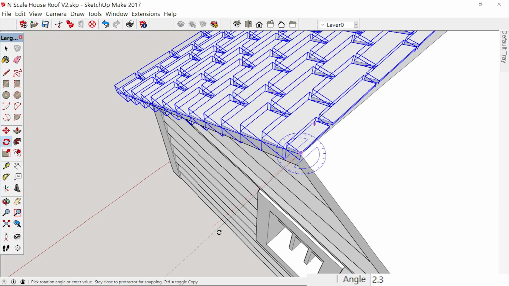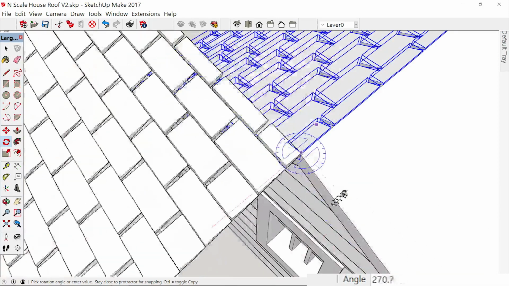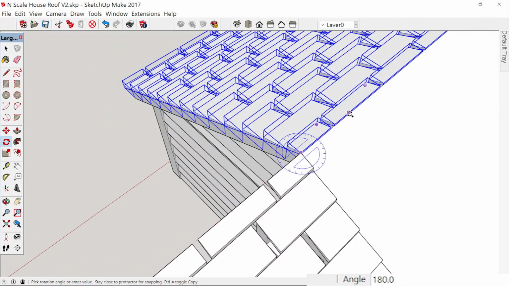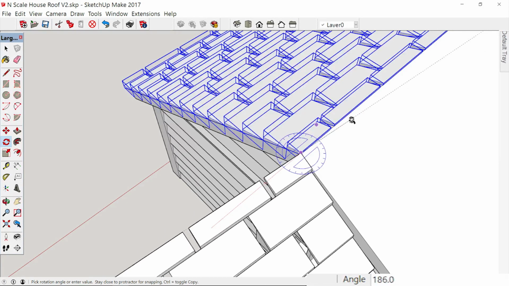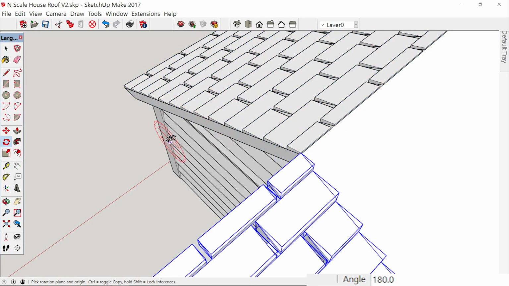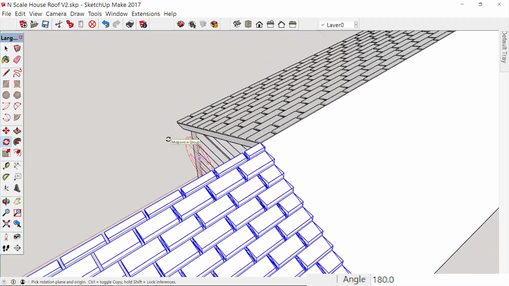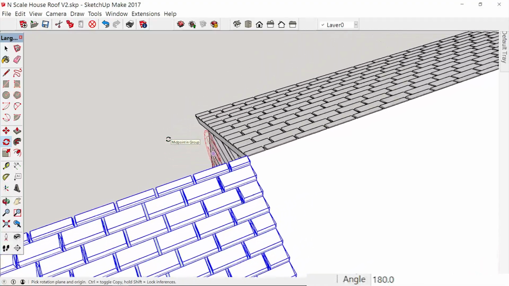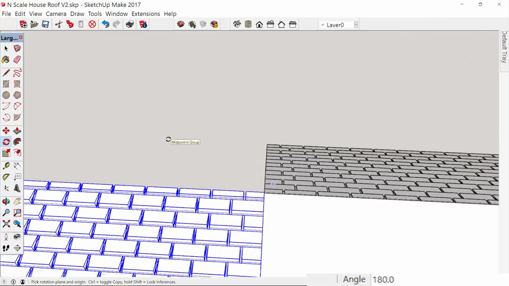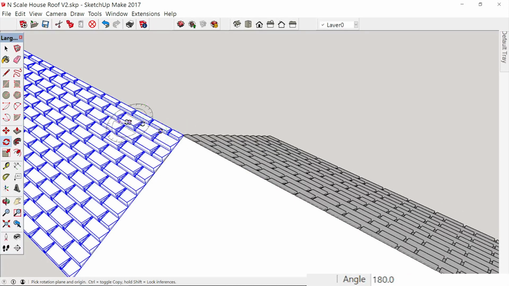Oh, and we want to rotate a copy, so hit your Control key. You want that to go 90 degrees. I mean 180 degrees. See how it sort of snaps in place when you get to 180? All right, left click again. Now we have that copy, but it's out here. Okay, what do we want to do? We want to move it, but this time we're not moving a copy. We're just moving the real deal. So let's get off of our rotate, hit our move,